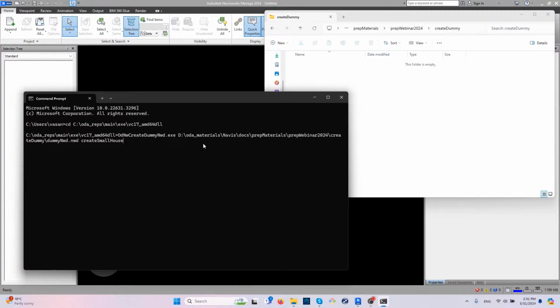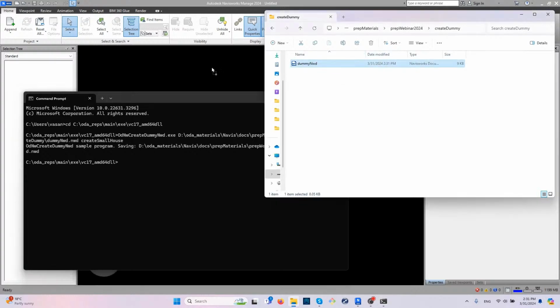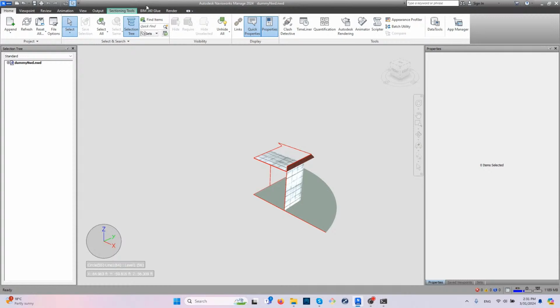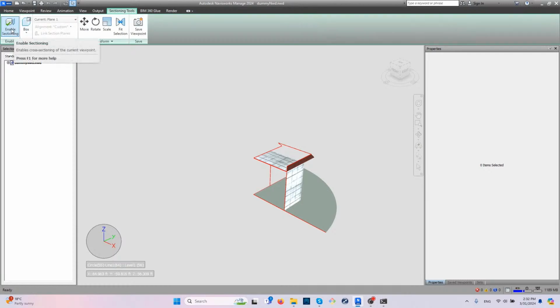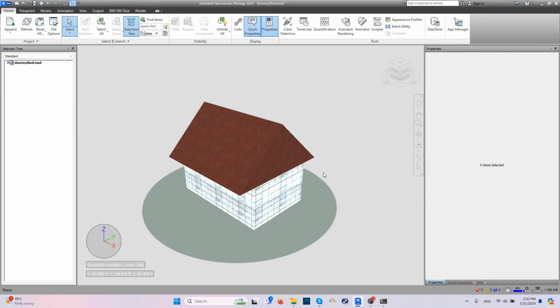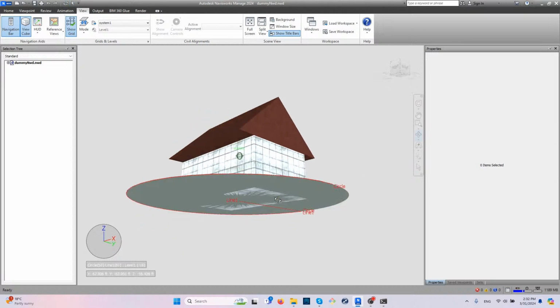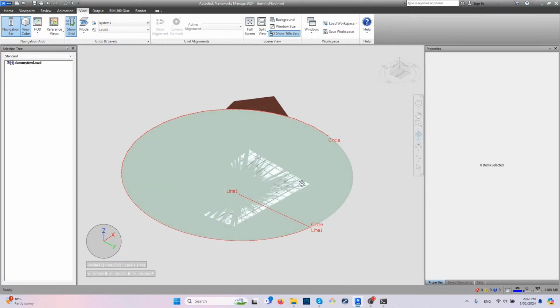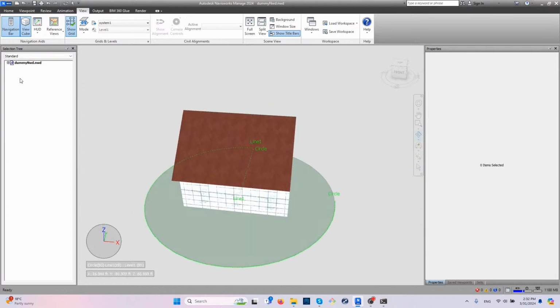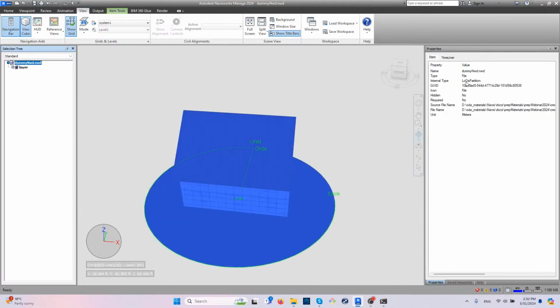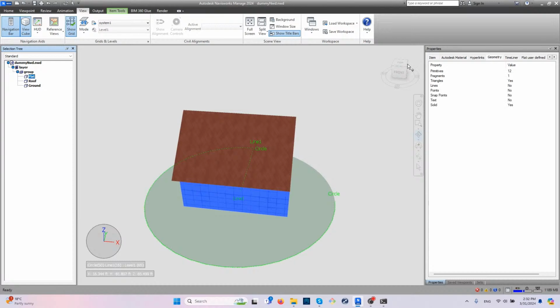First of all, we need to mention the create dummy NWD command, which is available, and you can get a preview of this. With this we are able to create a new NWD file with this example. And as far as you can see, the sections were created. We are able to disable them. Now we can see a small house, and we can show the grids. As you see, we can see them, a circle, a line,